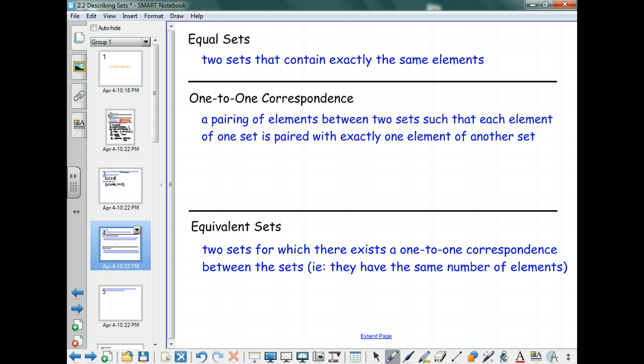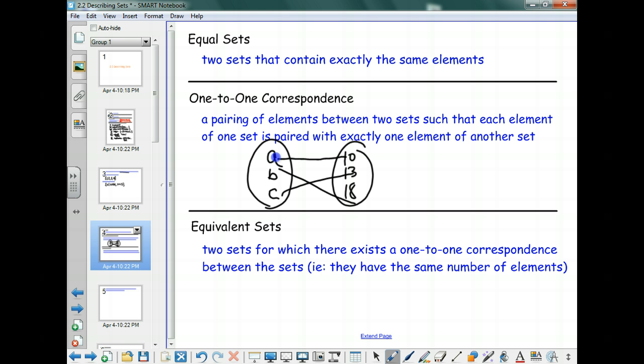All right? So for example, if I had a set that had A, B, and C in it, it's just a set of 3 letters. And I have a set of the numbers 10, 13, and 18, or whatever. I could create a one-to-one correspondence. All it means is that I identify one element here with one element here. And I can do that